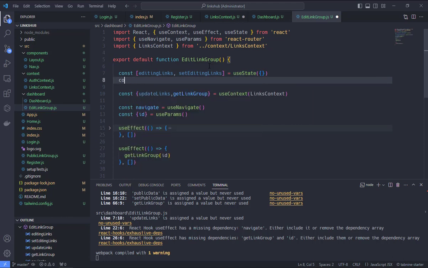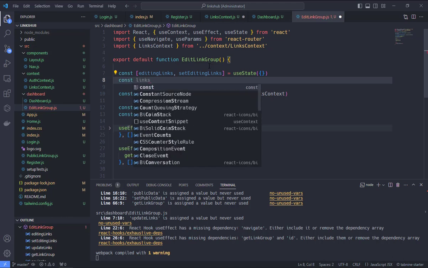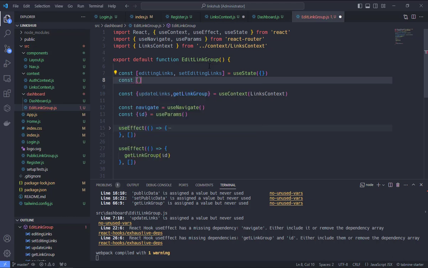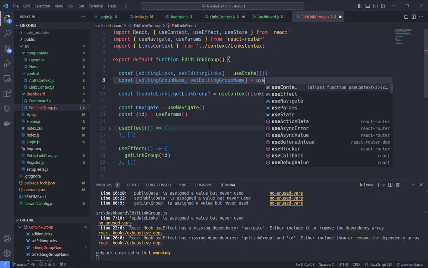Const editing group name. Group name. Use